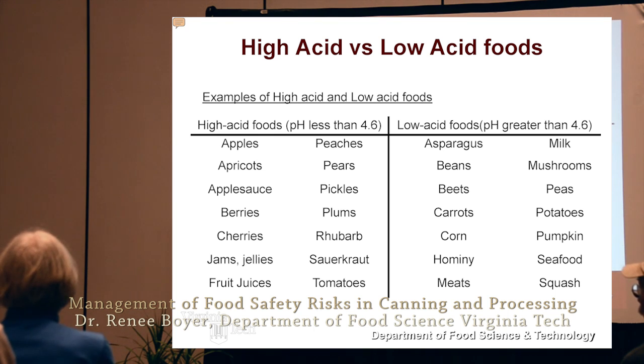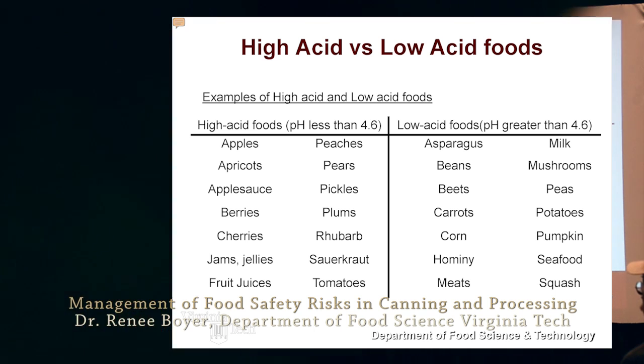In fact, the recommendation with tomatoes is that if you're going to can tomatoes with a pressure canner, you need to acidify. Oh, no, I'm sorry. Let me go back. If you're going to can it with a water bath, which is a lower, milder process, you have to acidify them with vinegar, lemon juice, something to lower the pH so that you can be confident